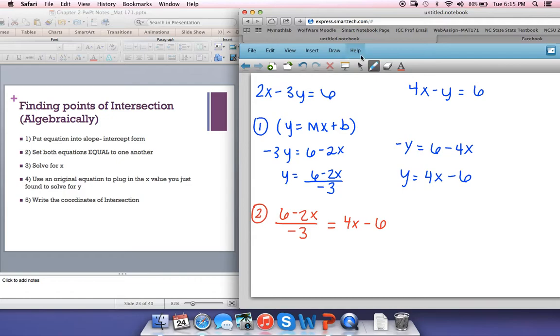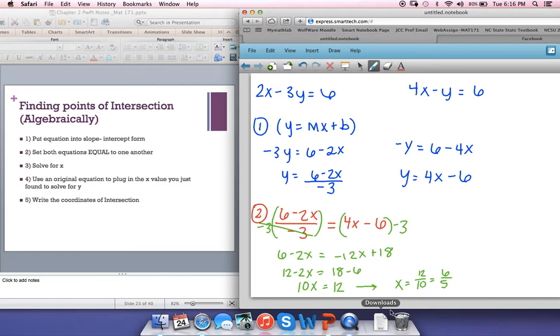You guys already know how to solve for x. It's a multi-step problem. First, I'm going to get rid of the fraction. How am I going to do that? I'm going to multiply out my denominator. Multiply the whole term by negative 3, and same thing to the other side. These are going to cancel out, leaving you with 6 minus 2x equals negative 12x plus 18. I'm going to go ahead and move my x over. That's going to be 12x minus 2x equals 18. I'm going to move my 6 over. Simplify. 10x equals 12. And then let's solve for x: x equals 12 over 10, or